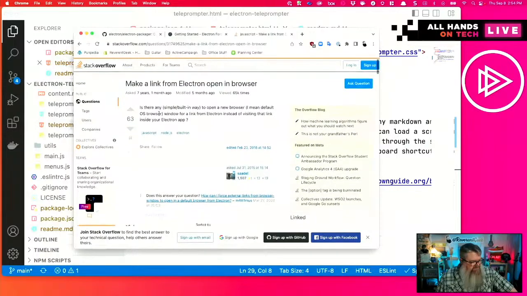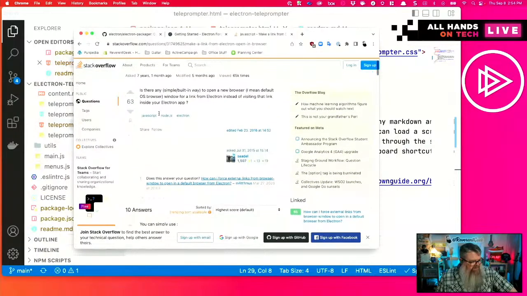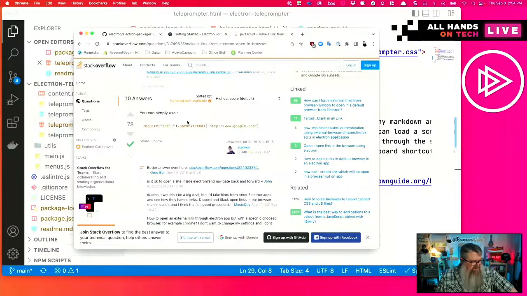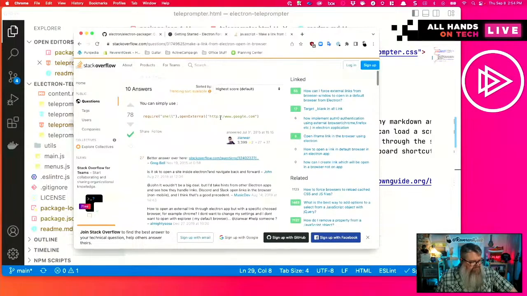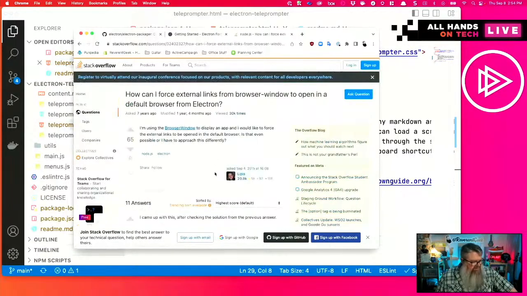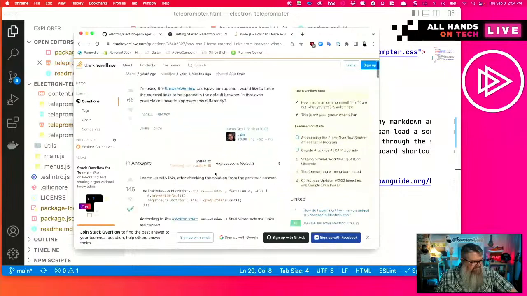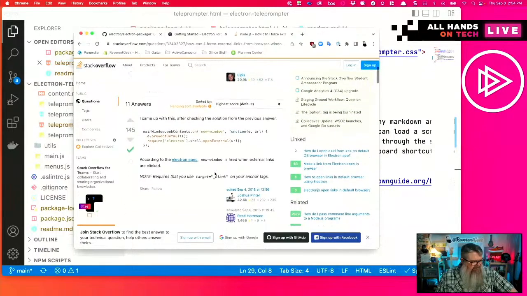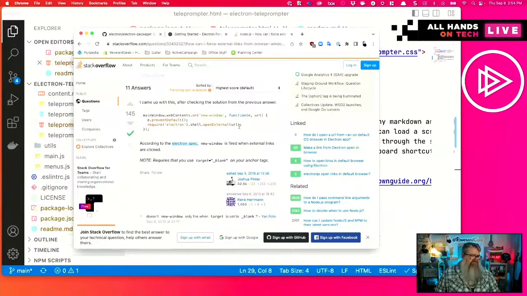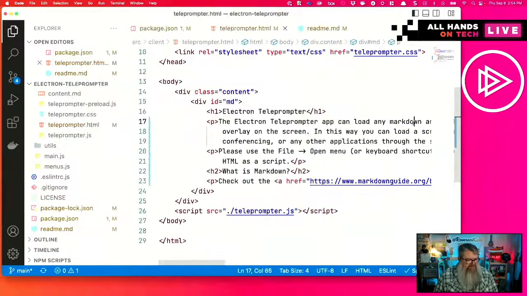This was posted 7 years ago. You can use require shell open external. Better answer over here in 2015. Yep. So it's not trivial. We can definitely make it happen, but